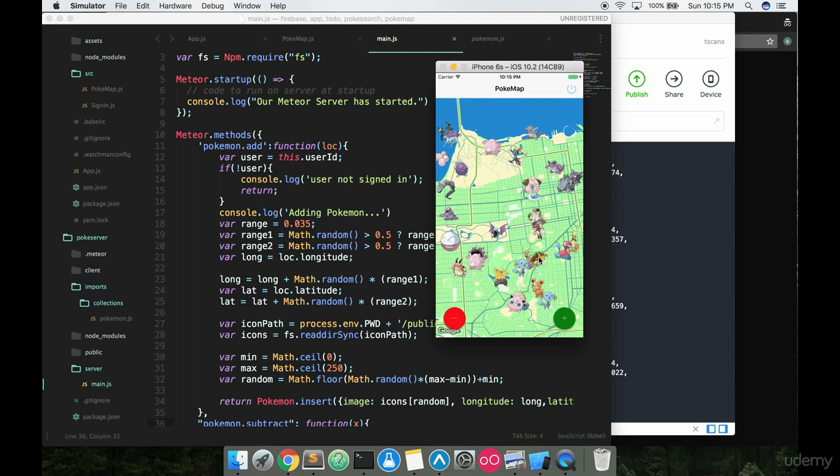Maybe you take the Pokemon idea, maybe make this into some sort of fighting game where two people who are signed in click on a Pokemon and then those two Pokemon fight. Or maybe you play Pokemon Go a lot, and what you want to do is set the Pokemon to the center of your location, wherever you're located, and then you can say, oh, I spotted a Dratini right here, or something like that. There's no other rare Pokemon on here, really. Well, I can't remember this guy's name, but he's super rare. So something like that,